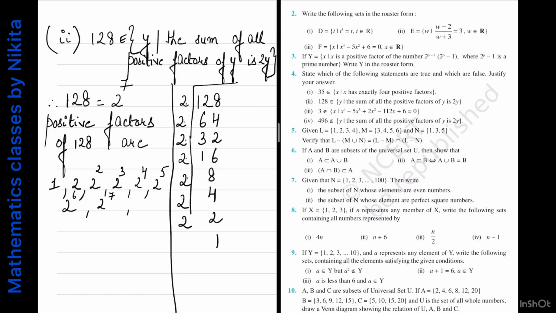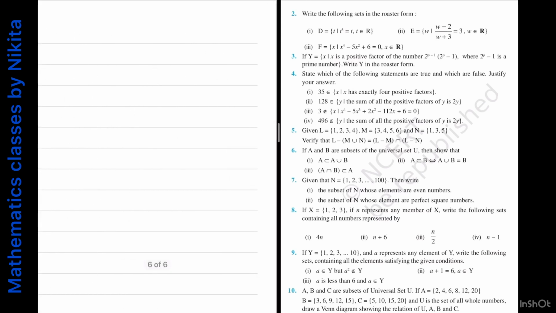So that means this is equal to 1, 2, 4, 8, then 8 2s are 16, 16 2s are 32, then you have 64, and then the last one is 128 itself. So how many positive factors are there? 1, 2, 3, 4, 5, 6, 7, 8. Now let's sum them all, because we want to check if their sum is equal to 2 times 128, then the statement is true. Now their sum is equal to,